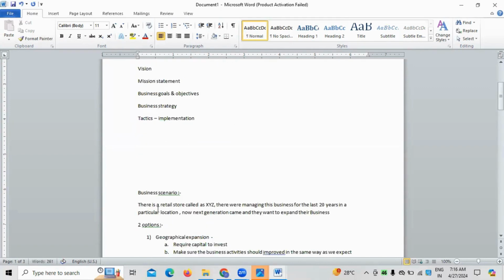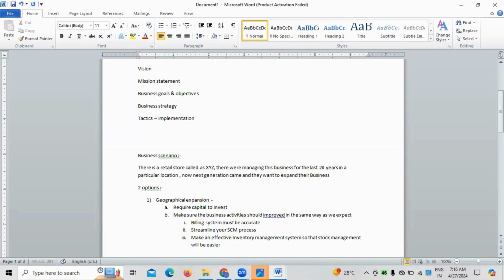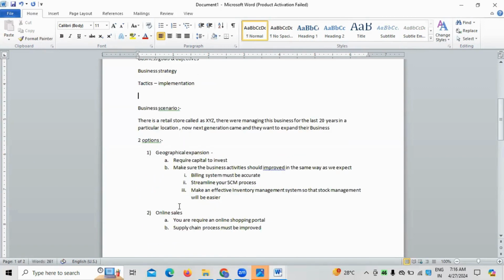Okay. Now, here is a business scenario. What is the business scenario? A store owner wants to have two different options. For example, you are taking the first one, geographical expansion. Being a business owner, you have decided. What is the first thing you want to do? You want to make your billing system more accurate. Now, what do you do? First of all, you as a team study